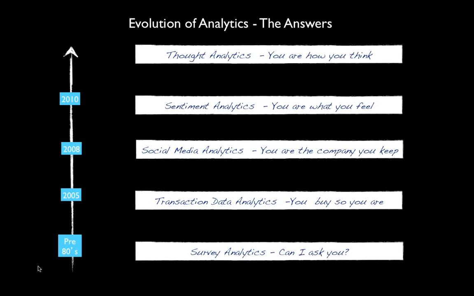Transaction analysis is based on the premise that you are the way you transact. If I am continuously buying at a premium garment store, I'm more likely to buy a premium car because it is highly correlated. I'm a premium attribute person. It may be true, may not be true. But the premise of transaction data is that the way you transact is the way you are. So analysts use transaction data to decipher the characteristics of the population based on the transaction history.